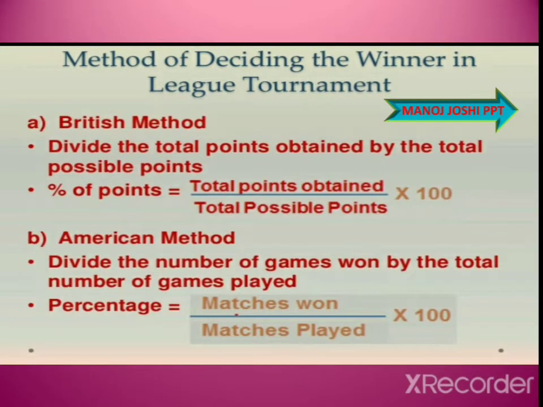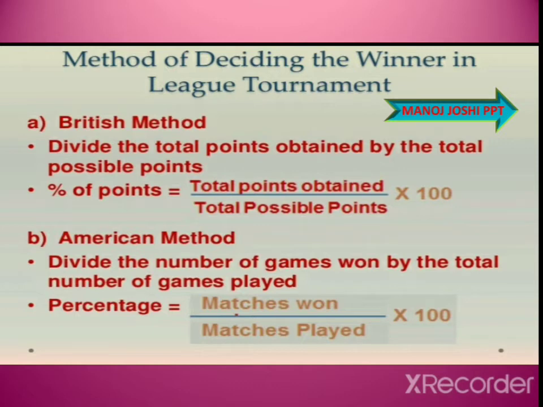Another way of finding out the winner is the British method and the American method, of which the British method is mostly used. The American method is not much in use now. The British method is used to find out the winner of the league tournament, in which the point system is the same. The points are allotted to each team after the match, and we divide the total points obtained by the team